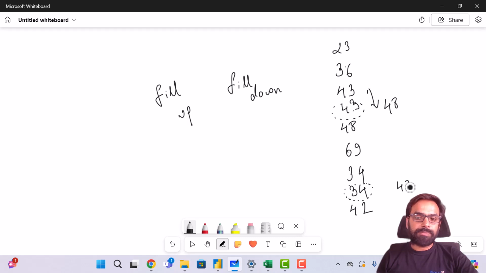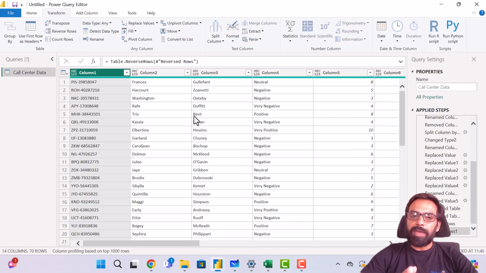Simple as that. Now Power Query editor is not known for filling the null values. I think null value treatment and various other kinds of treatments can be done over here. Yes, in Power Query, in Power BI we can do it, but I think programming languages like Python and R are better tools to fill up the null values. So filling up the null value is something that you can only do manually over here in Power Query editor. You cannot apply logic here. We can, but